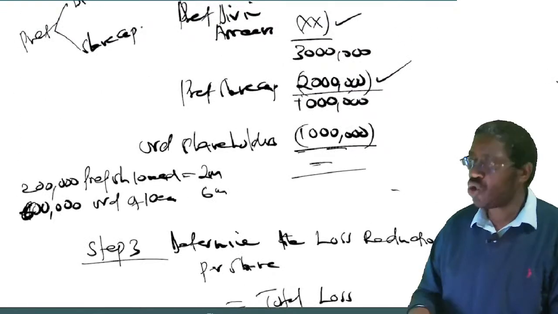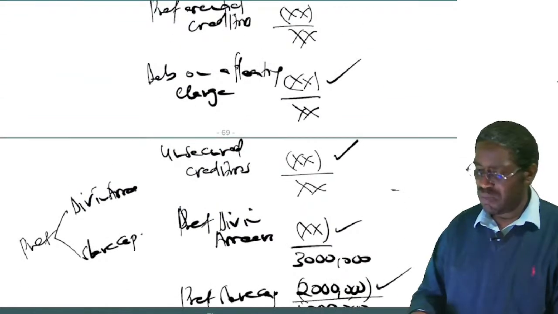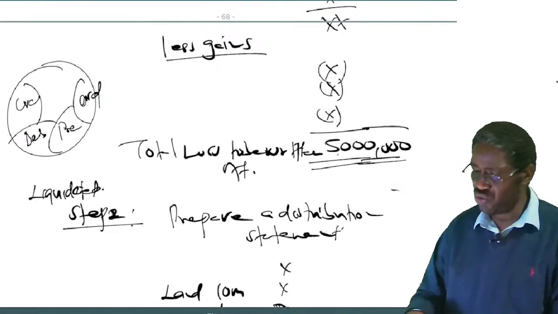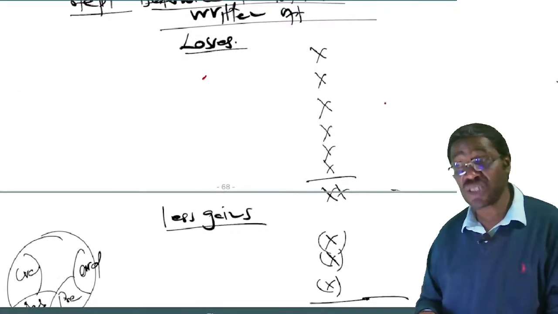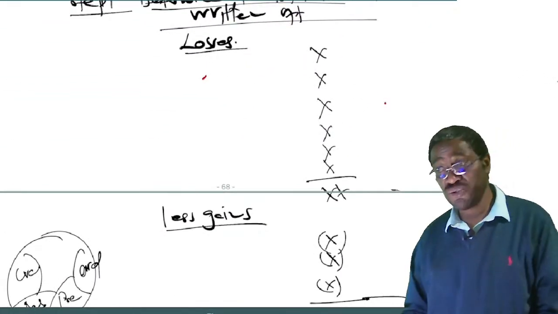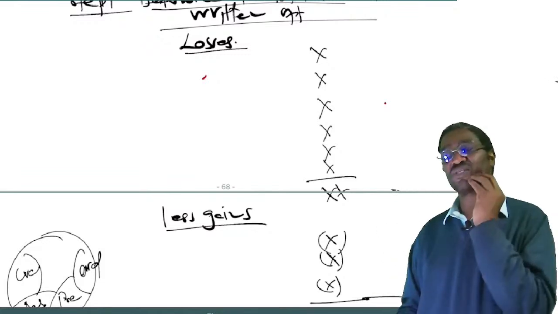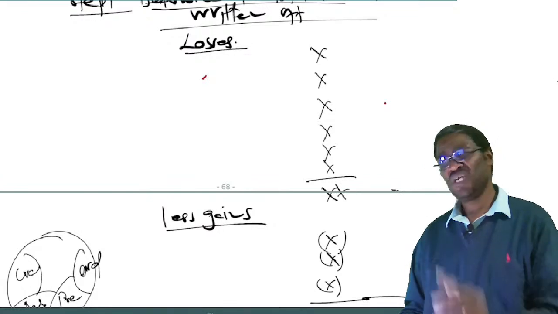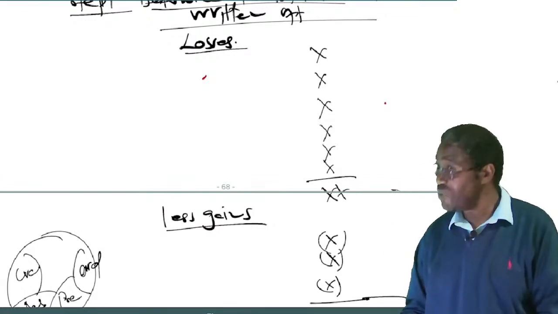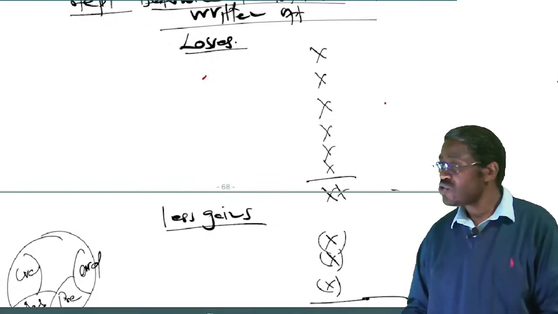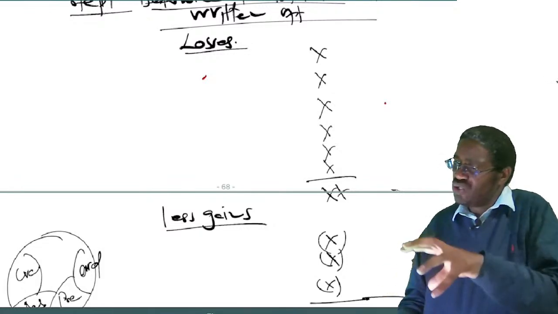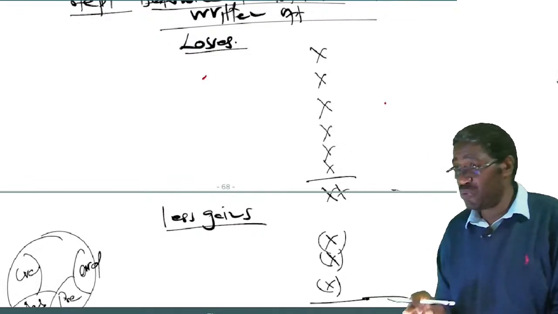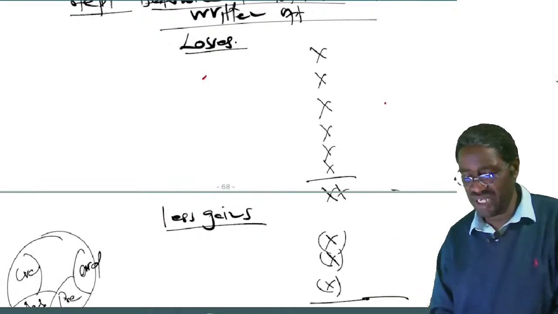We did not complete step 1, but let me now try and complete it first. I just told you, identify the losses, and I told you, identify the gains. But what are some of the losses the company could suffer? What are the gains the company could make? So that now you know which items to include in the scheme. Now, I gave you a few examples. Let me just identify.